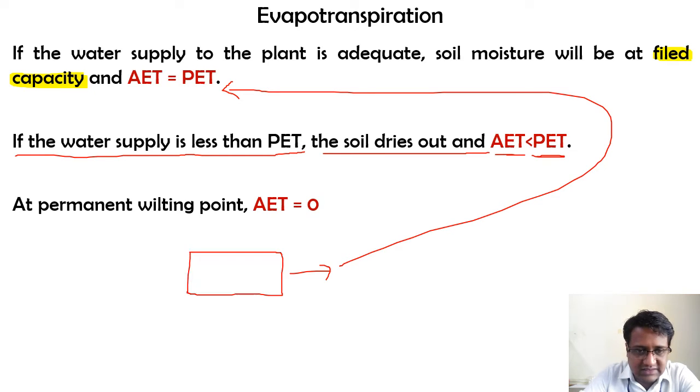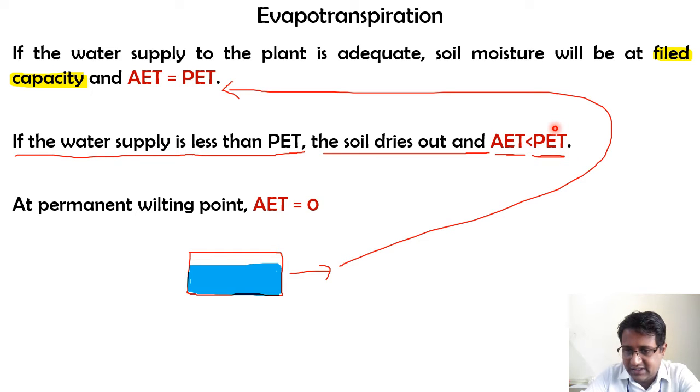Imagine this: if the moisture content is not 100%, but varying from some random value. Right now, I have made it around 75%. If the soil is 75% saturated, it still has the capacity to take in more water. At this point of time, whatever the evapotranspiration that occurs from this, we call it AET, and this AET will obviously be less than PET.